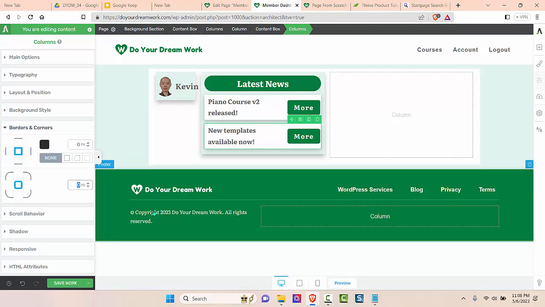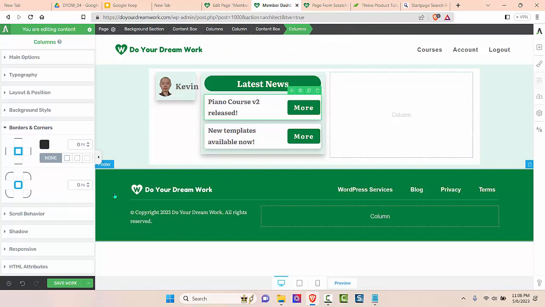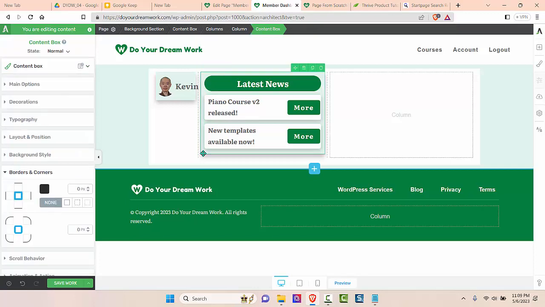I'm going to add 6 pixels to the corners. Same with the first notification. Again, make sure you select columns with an S, add 6 pixels to the corners. Then for the whole content box, I like to add 8 pixels. Now these are very subtle differences. These are what looked good to me when I was doing the finished member dashboard, so I'm going to go